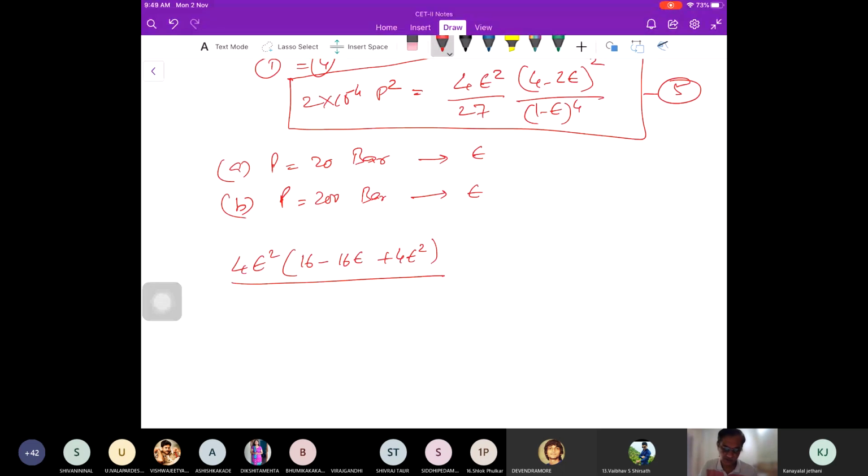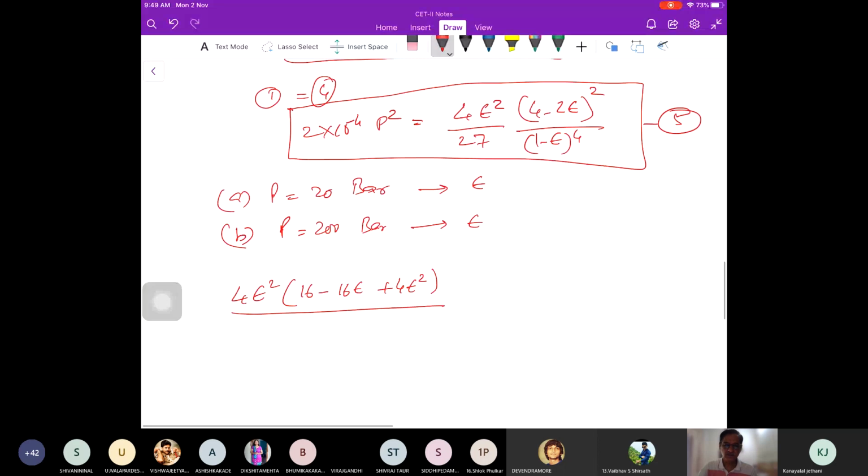वो क्या होता है? 1 minus epsilon to the power 4 क्या होता है? याद है किसी को फॉर्मूला? 1 minus 4 epsilon plus 6 epsilon square minus 4 epsilon cube plus epsilon raised to 4. ओके, ठीक है. So उसको ओपन किया ऊपर वाले को तो what will get is